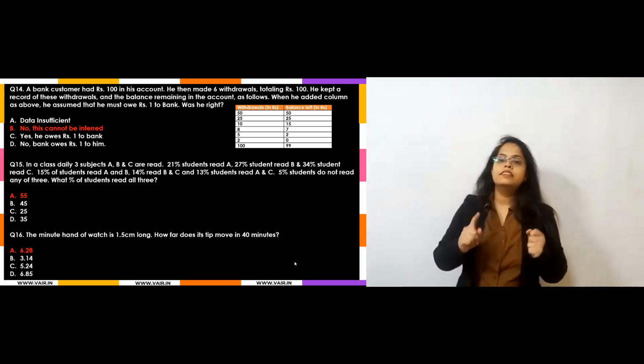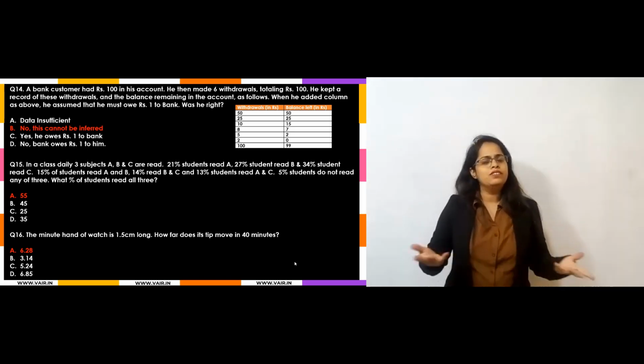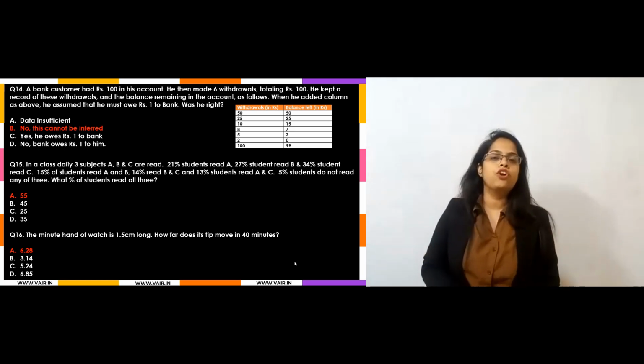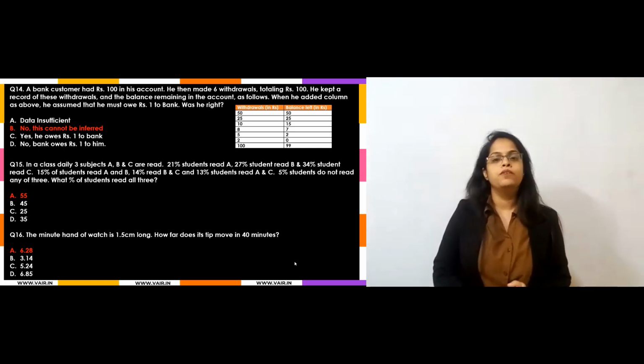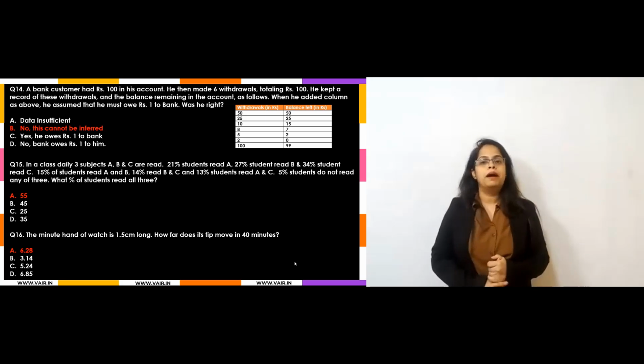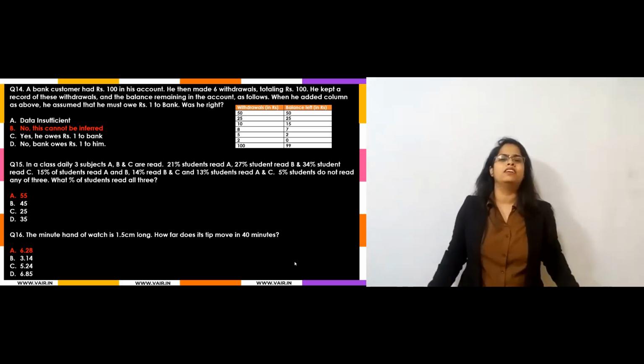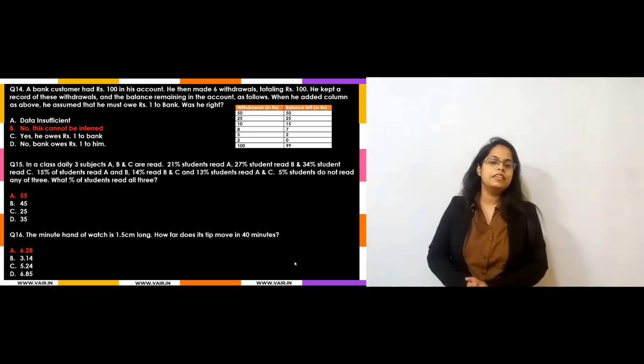So, first thing, this sum should be equal. It is not necessary. Who said that the sum should be equal? He is making the wrong calculation. Always remember that it is not necessary that the withdrawal and balance total sums should be equal. Never. It should not be equal. This never happens.